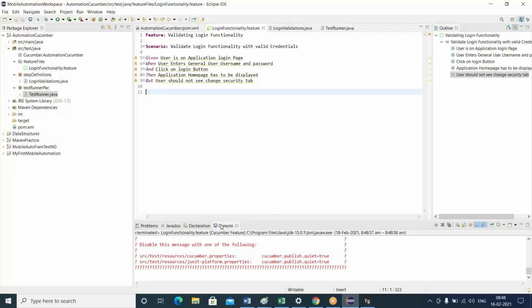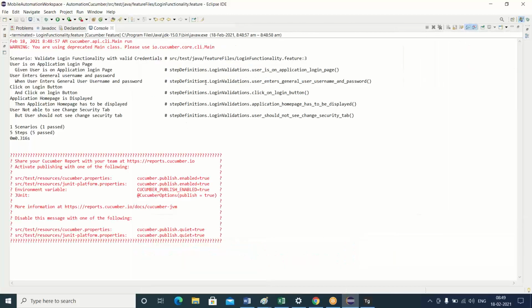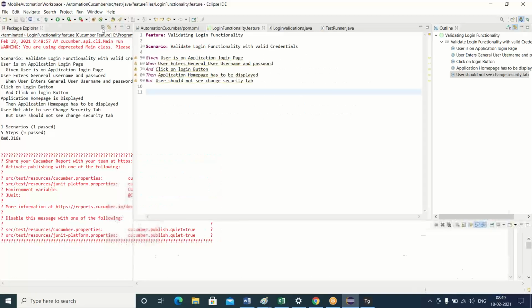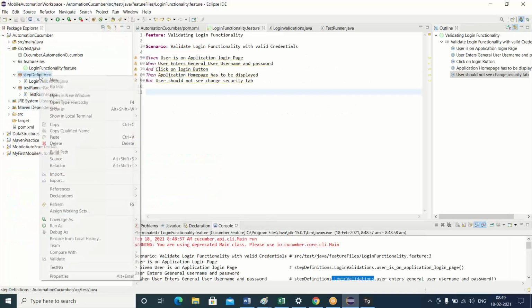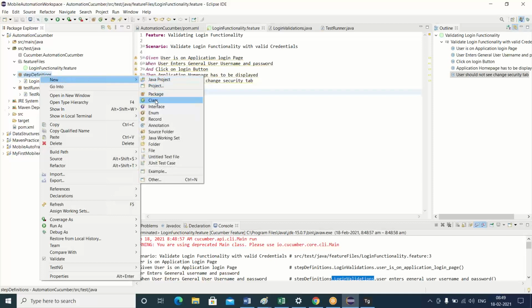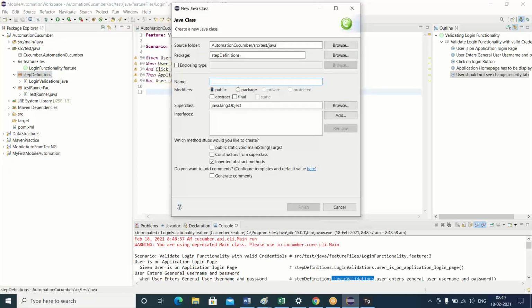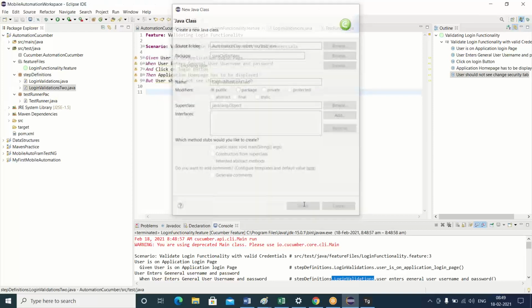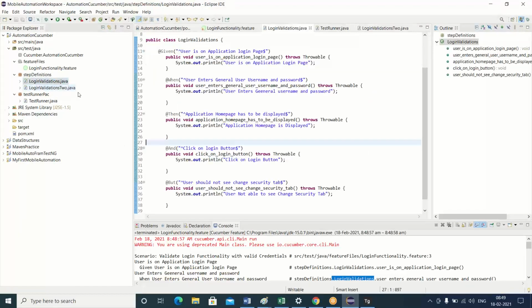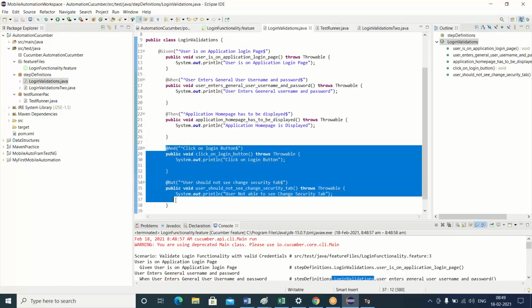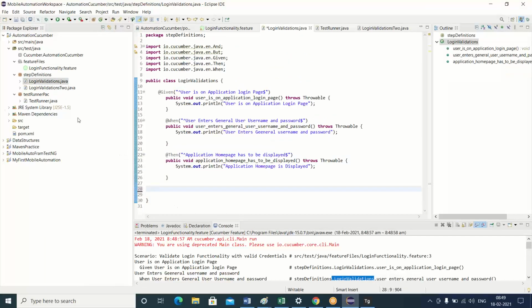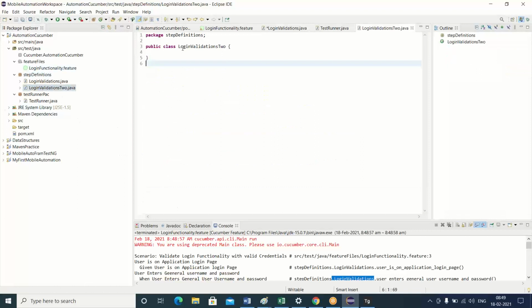So once you see this, you can clearly see from which package and from which class your method is being picked. Or else, let me do one thing. Let me create a new class and move the other methods. Let me say LoginValidations2. Okay, I'm creating a new class. To this particular class, I'll move two other methods. I'll move these two methods into the new class, Control X. And into this class, I'm just moving these two methods,